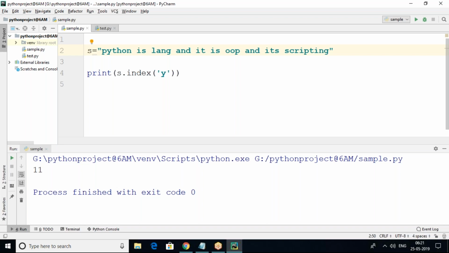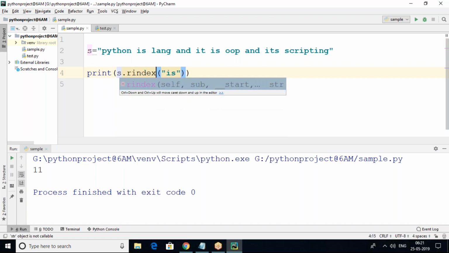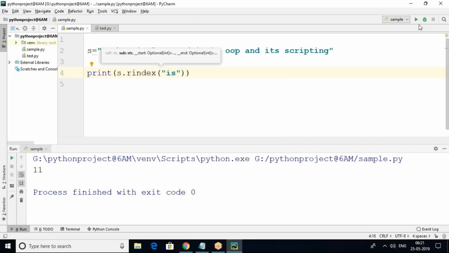Just wait. There is a substring here, okay, and each is a substring. I'm using rindex. Now you can see 22. Why 22? Because it is the highest index of the substring.